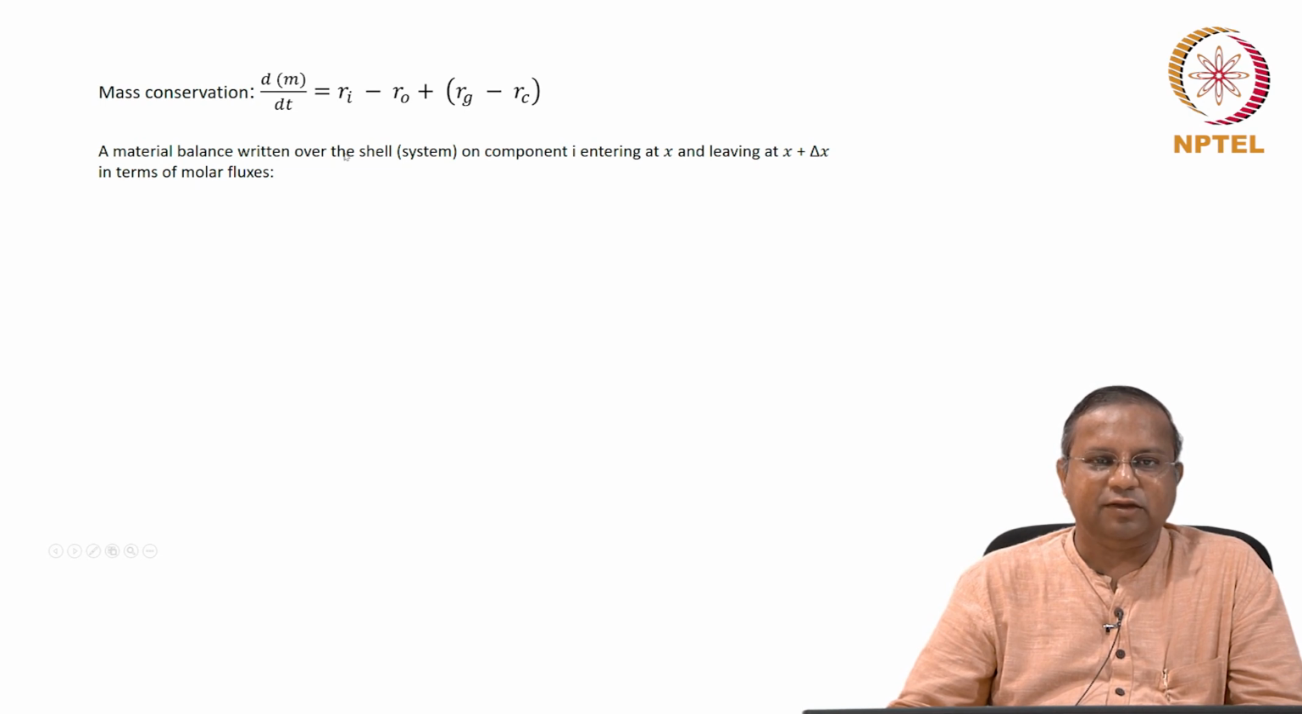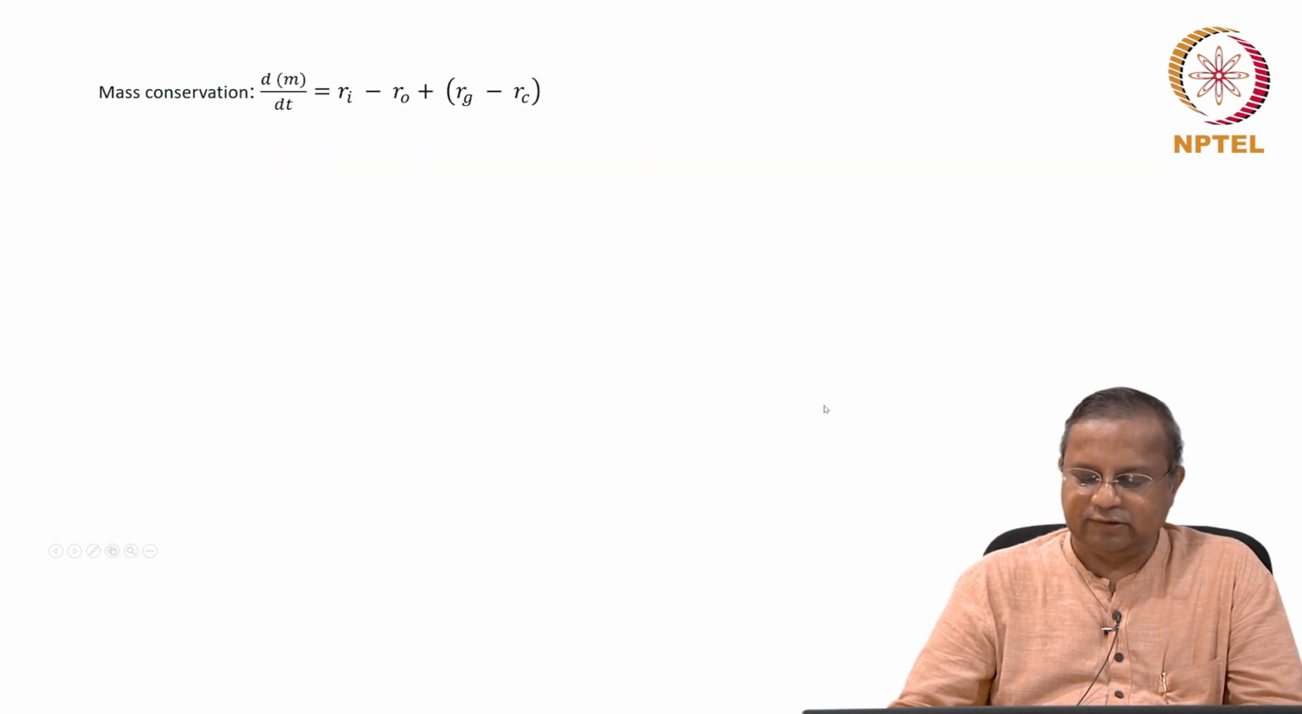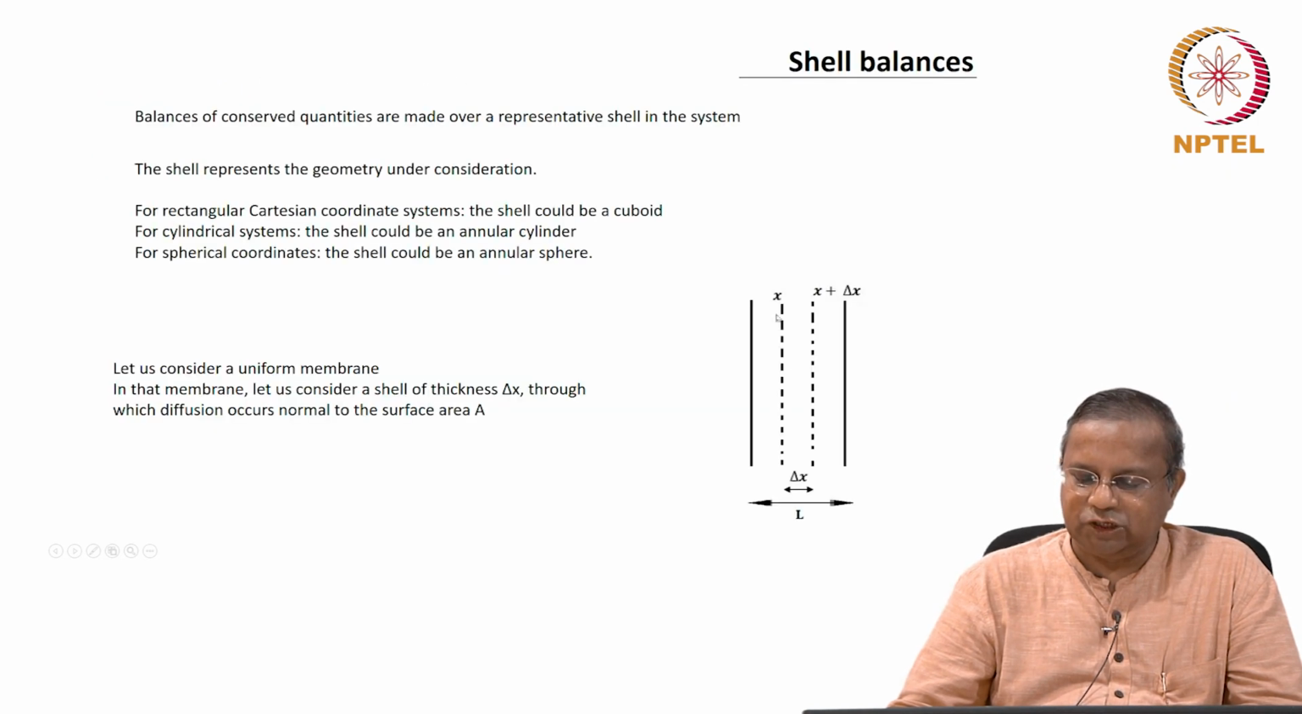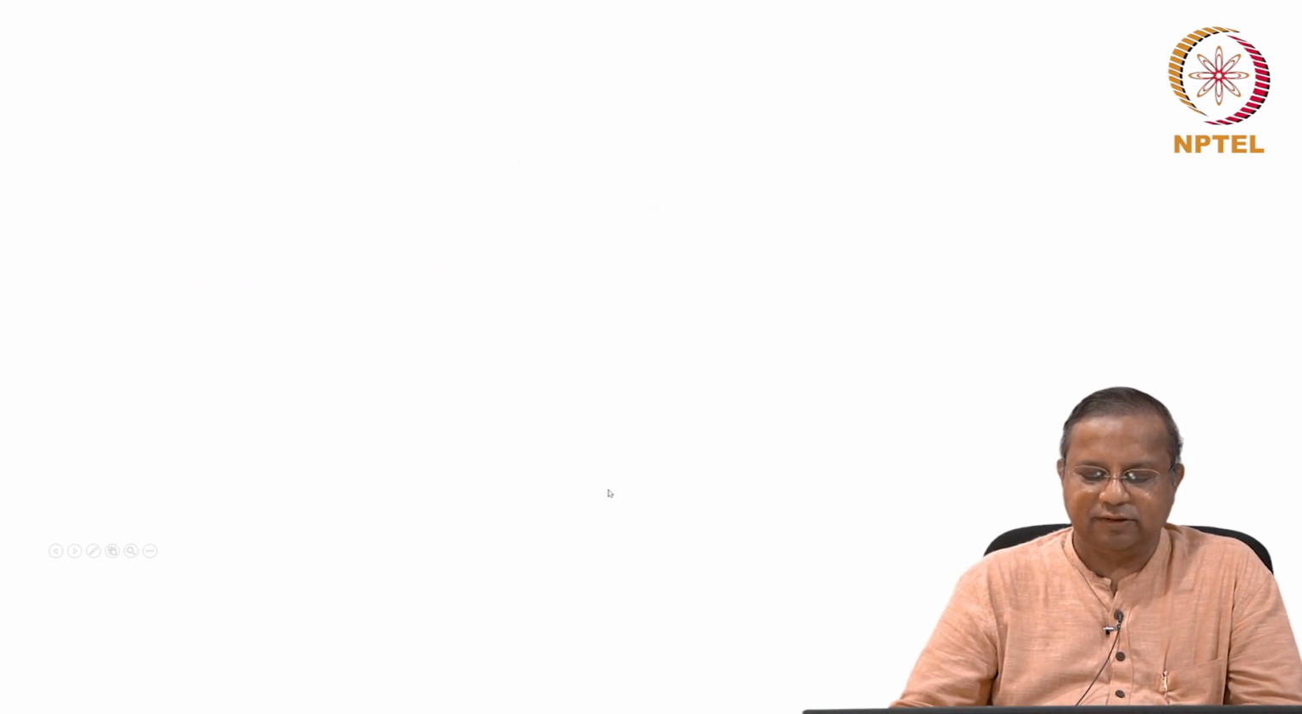Now, a material balance, if you write over the shell on the component I, which is entering at x and leaving at x plus delta x. Okay. So, here is the shell, you have x here, x plus delta x here, the component I is entering in this direction at x and leaving at x plus delta x. Okay. That is the situation here. So, if you consider that,